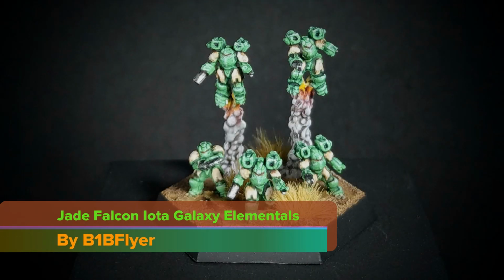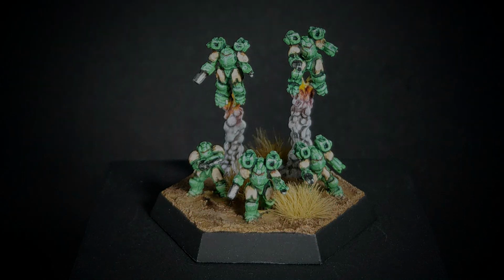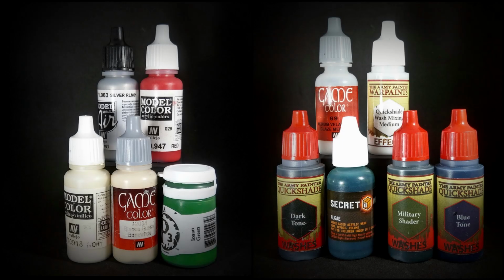Hey everyone, B1B Flyer here, and in this video I'm going to show you how to paint Clan Jade Falcon Elementals in their Iota Galaxy colors. For paints, I'll be using model color Ivory, game color Bonewhite, P3 Iosan Green, a silver, a red, and for